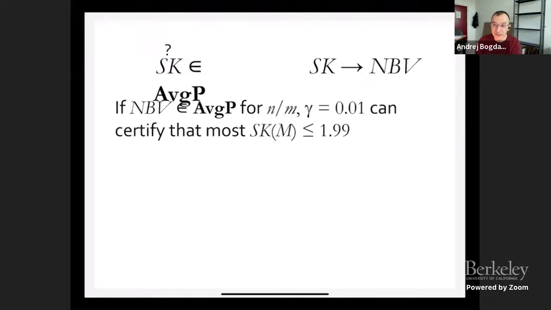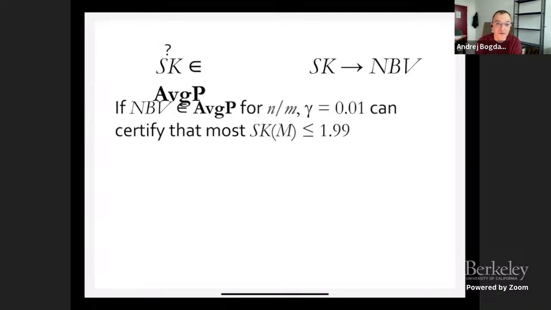It's not a difficult reduction, but it's outside the scope, so I'm not going to tell you what it is. But what the result essentially shows is that if I can show that nearest Boolean vector has errorless heuristics, or in other words, it has refutations, that in the case when most of the instances are hard, I can certify that they're hard, that they don't